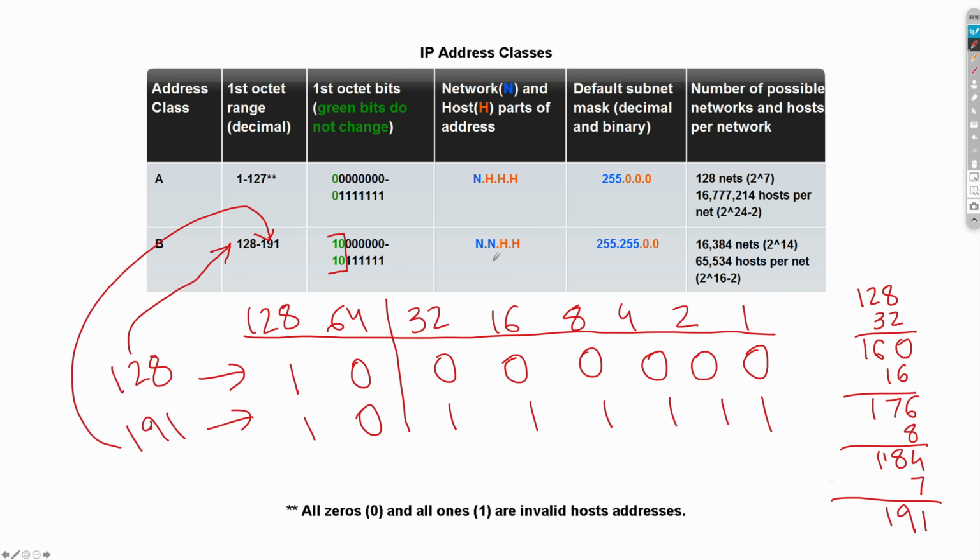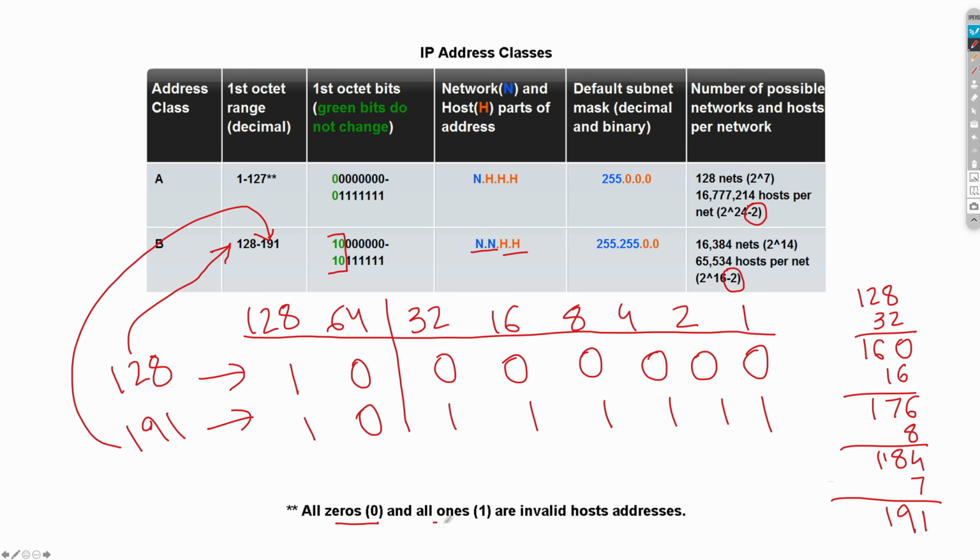Now, once again, in Class B, 2 octets are dedicated to networks and 2 octets are dedicated to hosts. The default subnet mask for Class B is 255.255.0.0. Here we have a total subnets of 2 to the power of 14, that's 16,384, and we have total hosts of 65,534. The reason we have this -2 in the end, as you guys are seeing here, is because, once again,